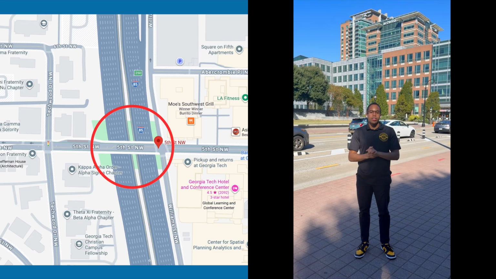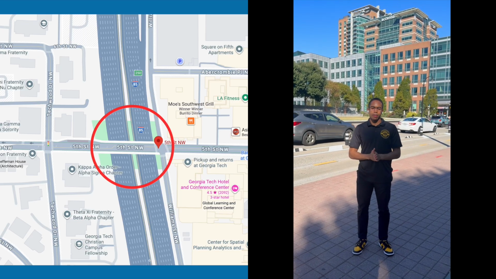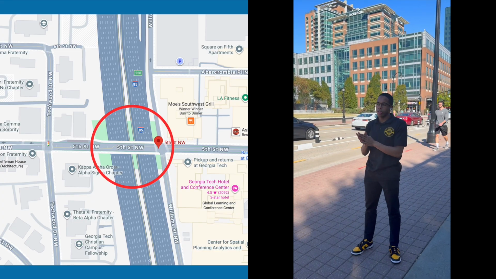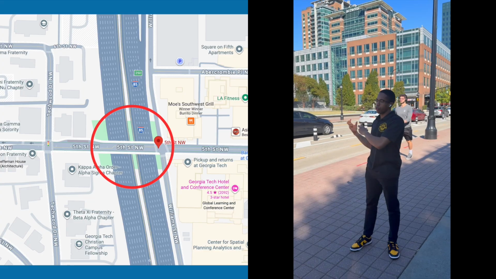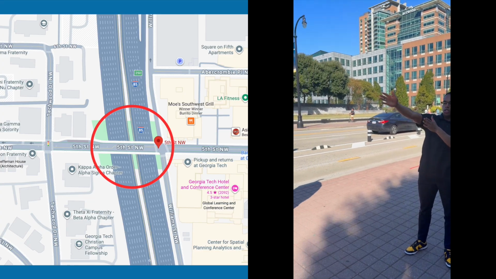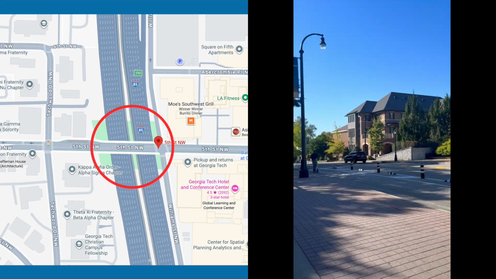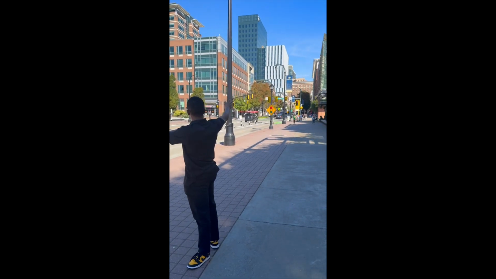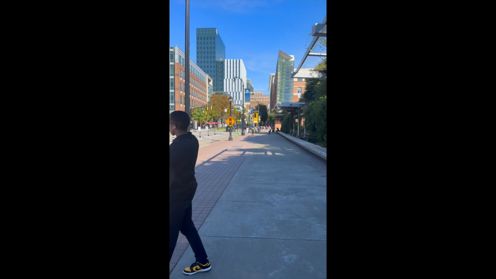This is the Fifth Street Bridge street segment that we are analyzing for our project. This is one of the main connection points from one side of campus to the other side. Down in this direction, you have sort of more East Campus, center of campus. And then if you look over on this side of campus, this is where you have Tech Square, the new